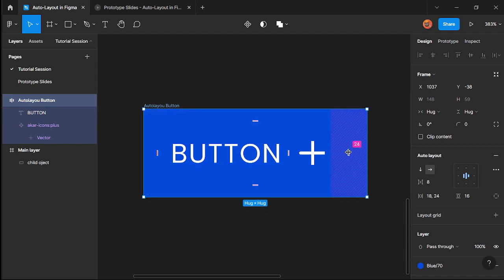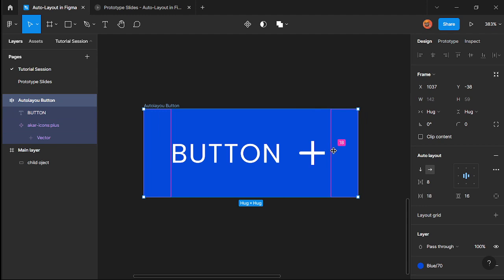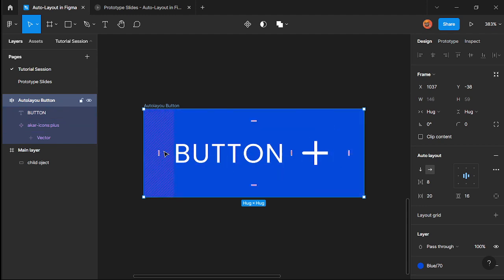On the left and right, you can also do the same. If I click on this, hold Alt, I can just do this, and let's say set this to 20. Yeah, here too should be 20. And this is because